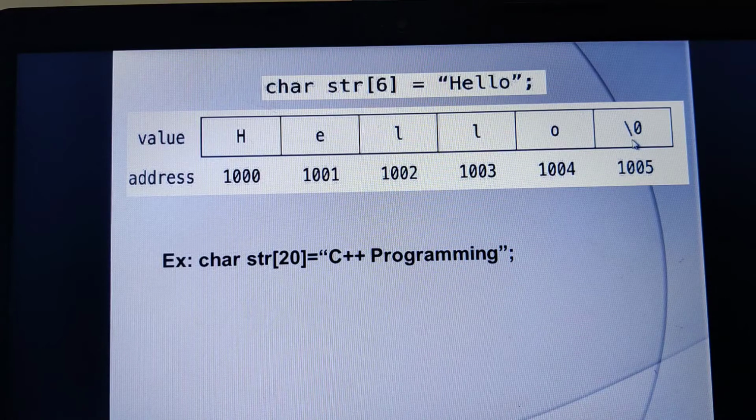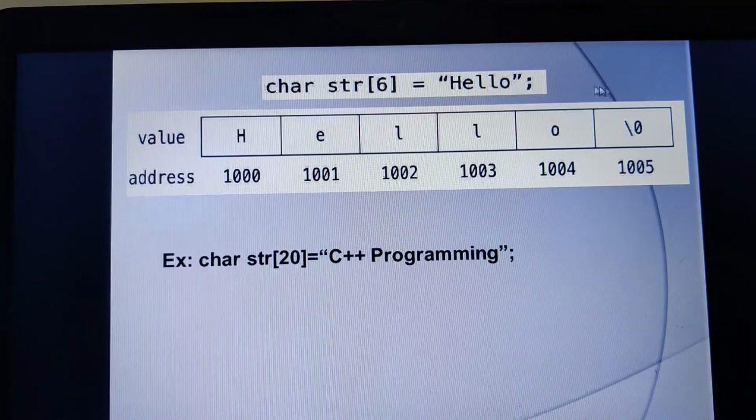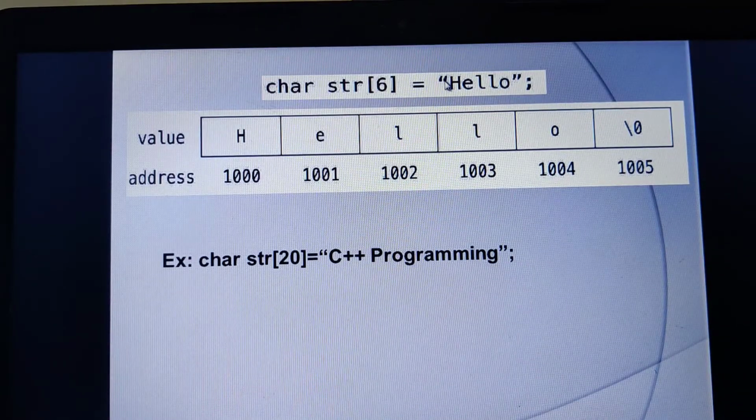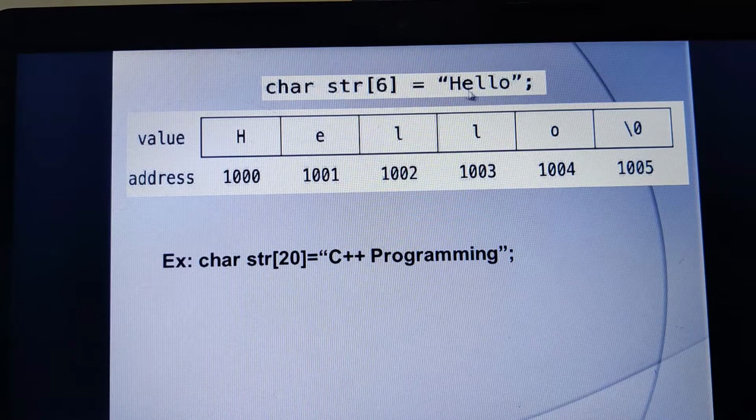Fine. Then we have discussed the string constant. What are string constants? If I have to represent any sequence of characters, then I should go for string constants. It is nothing but a sequence of characters, but it should be enclosed within double quotes. Usually with the help of arrays, we are able to store the sequence of characters with the help of string constants.